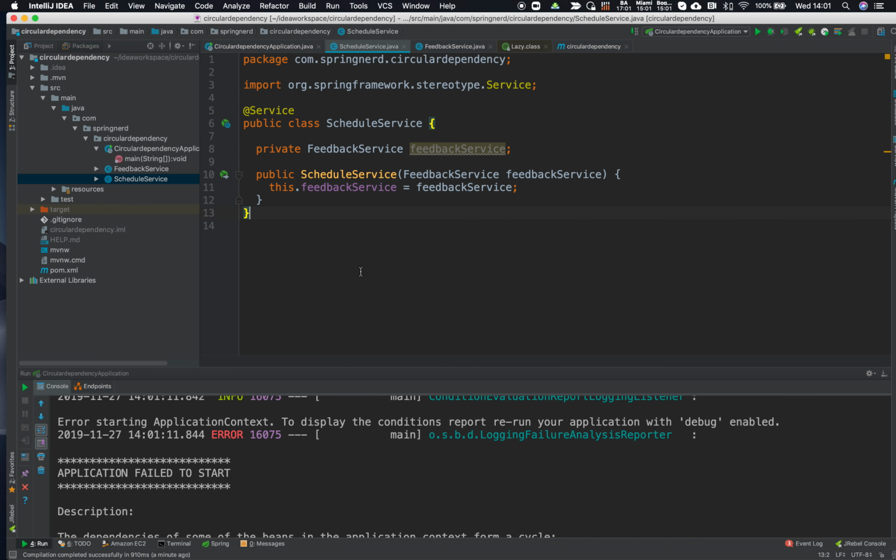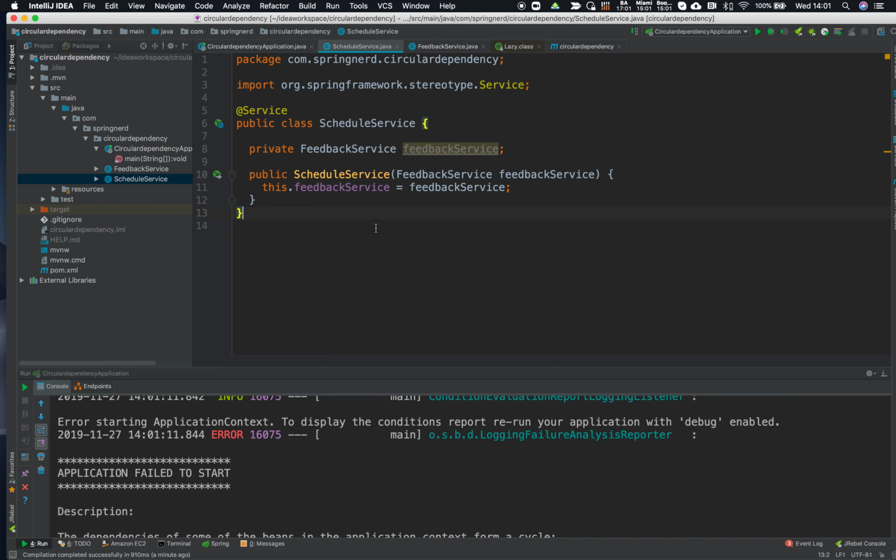First of all, as a good engineer, in general, you don't want to have this sort of circular dependency, but sometimes you have no way around it. It could be because it's legacy code, or you're depending on some other people's service, and that service happens to have a dependency on yours. But I'm going to quickly show you how to get around it